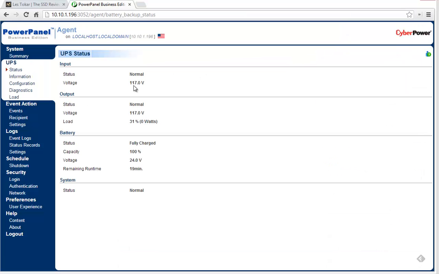Here's our status, 117 volts wall power, load. This is a bug. CyberPower Panel Business Edition support folks know about it. They'll need to fix that. Right now I'm using about 100 watts or so, maybe 110. So that gives you a live look at watt load. Most important